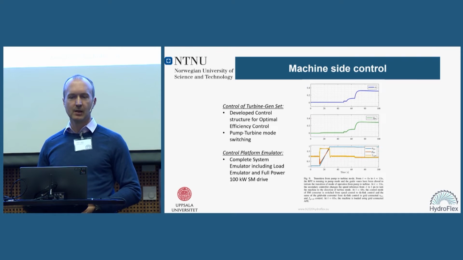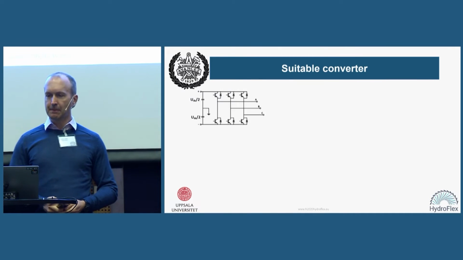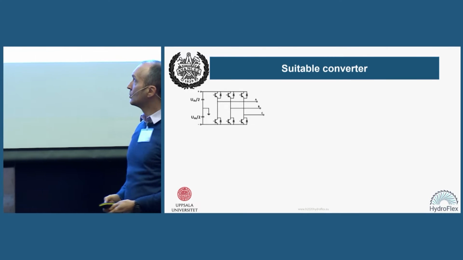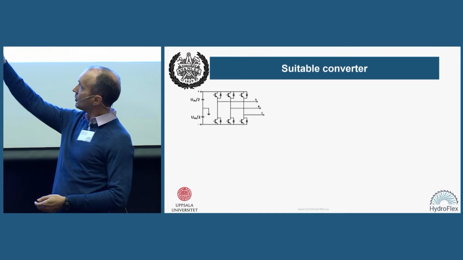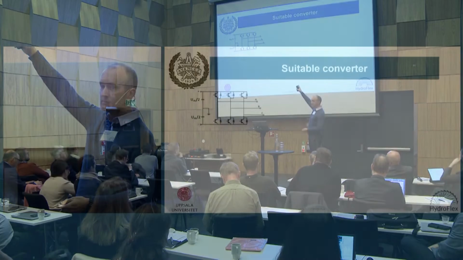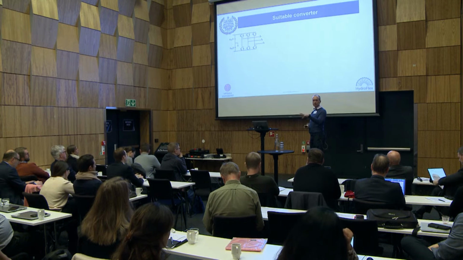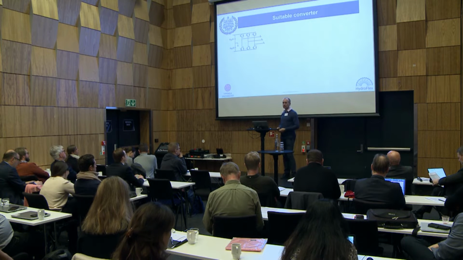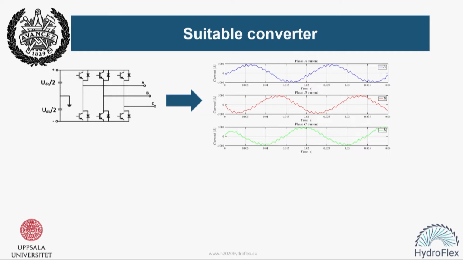What about Chalmers? Well, they looked at the actual design of the converter itself. And this is a very simple converter, you can say. It's a 2-level converter. So you would have another converter on the other side from AC, and then you have a DC stage, and then you have AC here as well. And this will then feed the motor, in this case, or the generator, with voltage. You control the voltage, which will control the current and the power. With this type of converter,